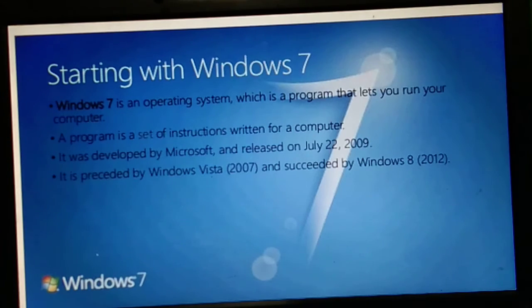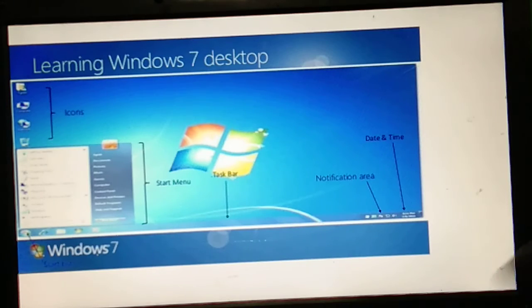So Windows 7 is an operating system, a program that lets you run your computer. Basically, a program is a set of instructions written for a computer, and Windows 7 was developed by Microsoft on 22nd July in the year 2009.